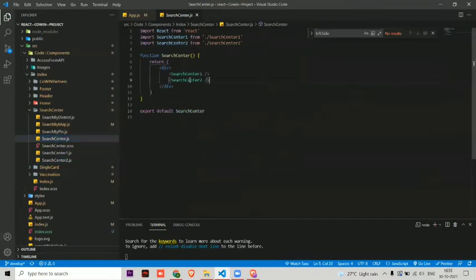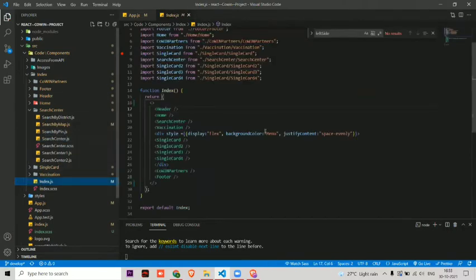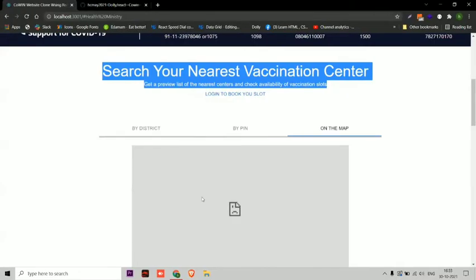So here I have imported center 1 and center 2 again because I didn't want to mess up anything. Center 1 and center 2 I have taken access here, and this center has got access in this one, which you can see here, search center. Okay, now we will come to the next part.